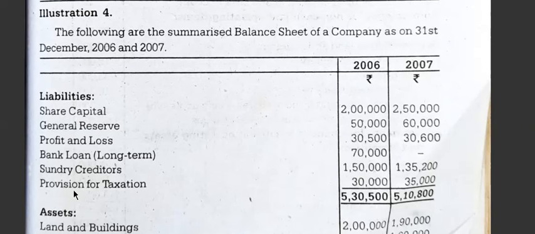Sundry creditors and provision for taxation both will go for the current liabilities. Sundry creditors will go for the current liability. Provision for taxation, you have to see if there is any adjustment, then you have to open the account. If there is tax paid, there is a special place in the format to deduct the cash tax paid, there you have to deduct.